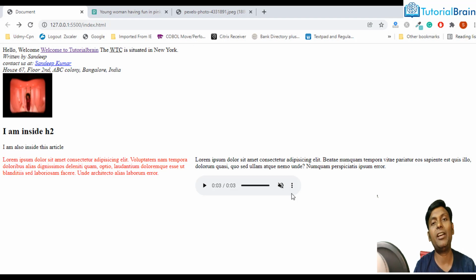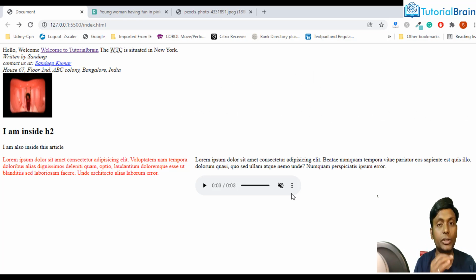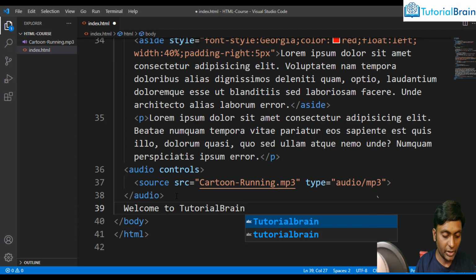The next tag we have is the b tag, which is called the bold tag. And please note, it is not the same as the strong tag, which I'll show you later on. It is different from the strong tag in such a way that the bold tag does not make a particular text or phrase important. So let's take an example. Here it is very simple. If I give here, for example, welcome to tutorial brain, and now I save this,